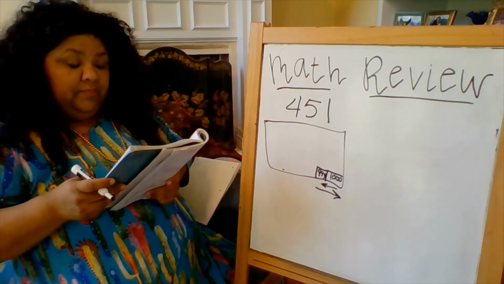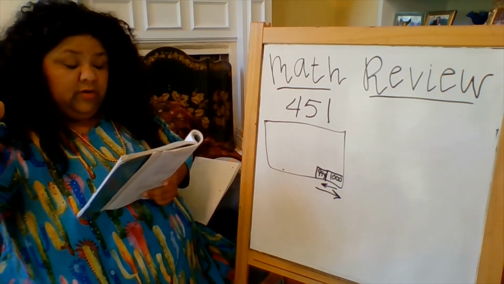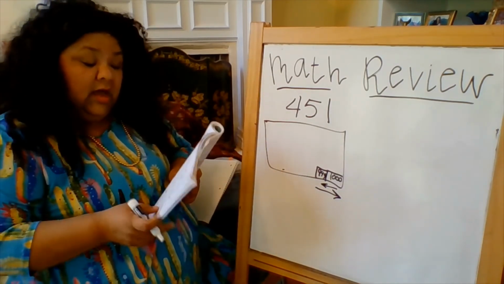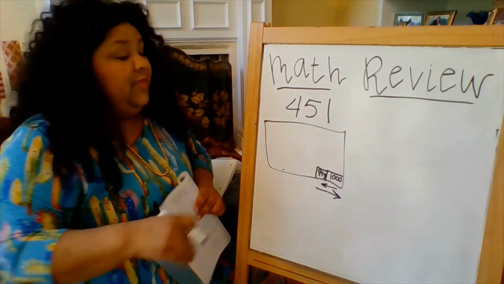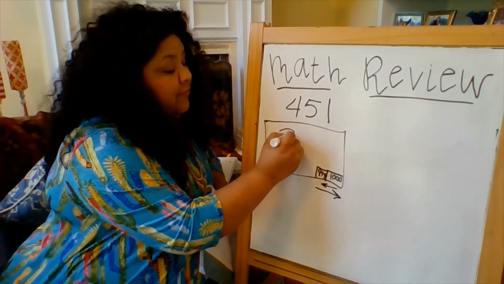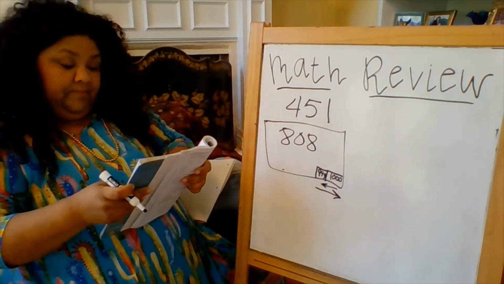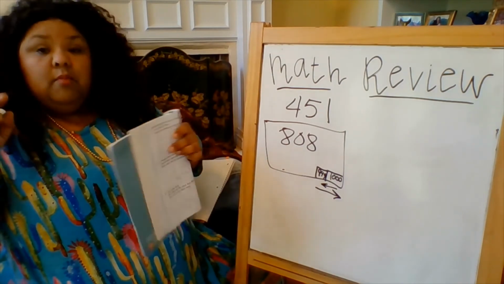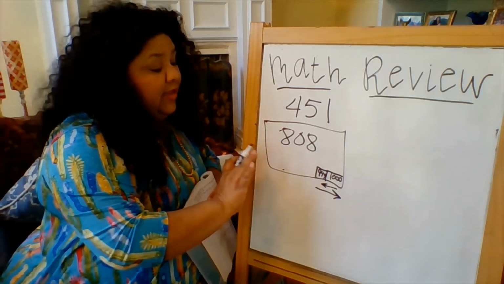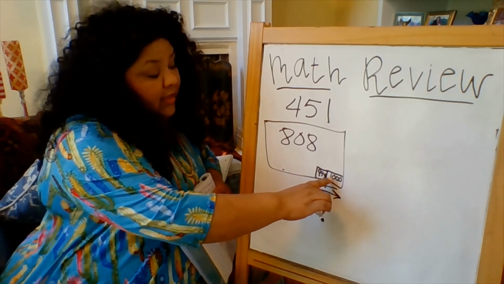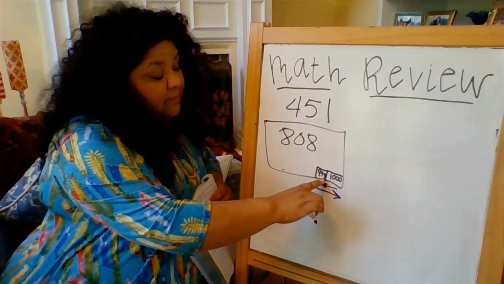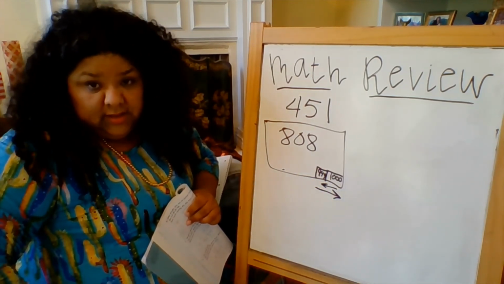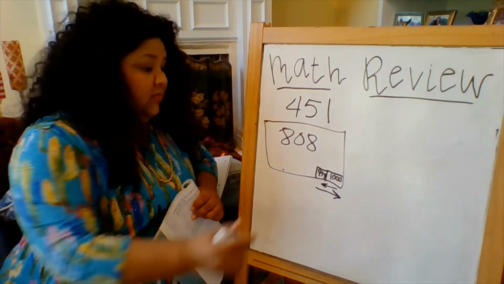All right, so this one's a little bit more tricky, and I'm just going to move on to the letter C, and it says, what is 100 more than 808? So you have 808, and they want you to go 100 more. Yes, so it's the same thing. Instead of using the ones or the tens, they're asking for you to move up in the hundreds place. All that means is that you add